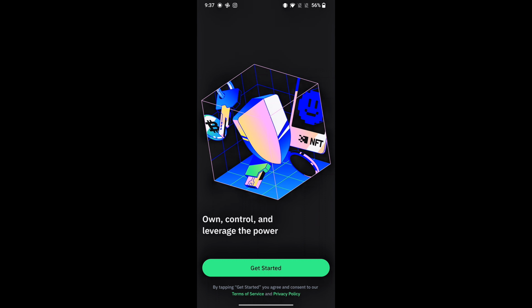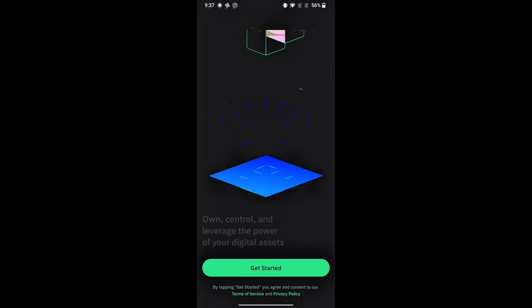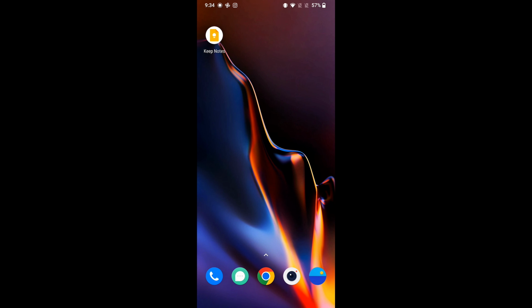Once the application is downloaded, tap on the Open button to launch the application. Once you open the application, the home page of the Trust Wallet application will appear on the screen. This is how you can download your Trust Wallet application on your Android device quickly and easily in just a few